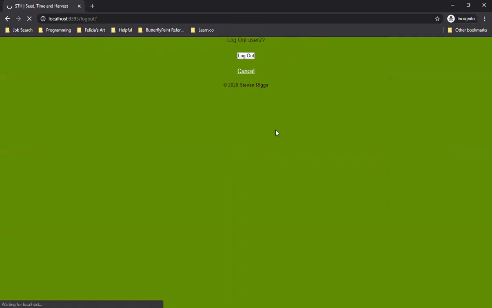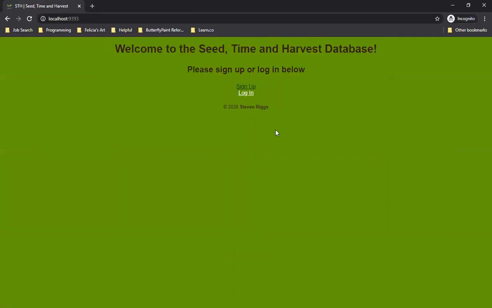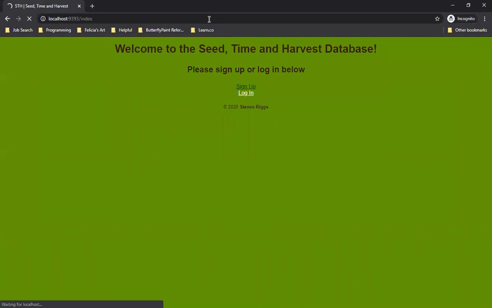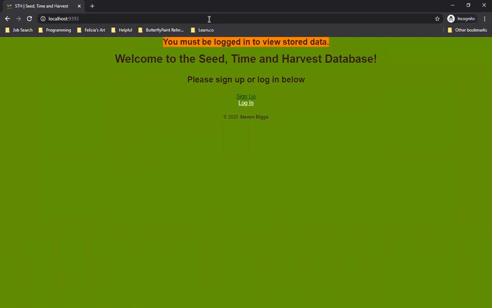And when you log out, it does clear the session. So now that we're logged out, we can't go back to the index and see what's going on with it. As it says, you must be logged in to view stored data. So there you have it,